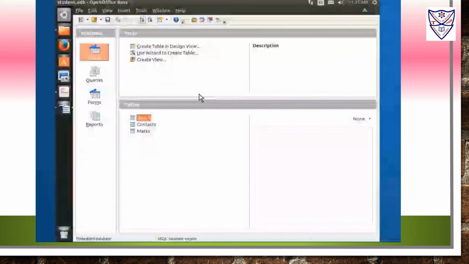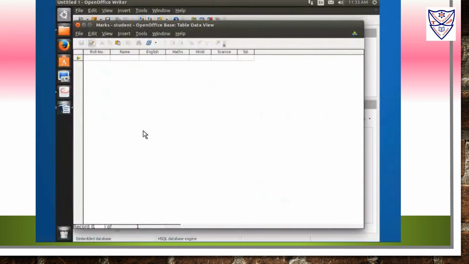To enter records, double-click the table in Tables section in which data is to be entered. The table data view of the selected table appears as shown in the figure. Click inside the first field of the blank row and enter the field value. Select the second field by clicking in it or by pressing Tab key and enter its value for the same record.